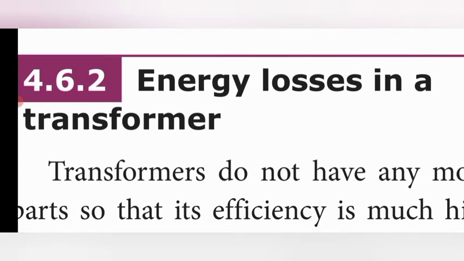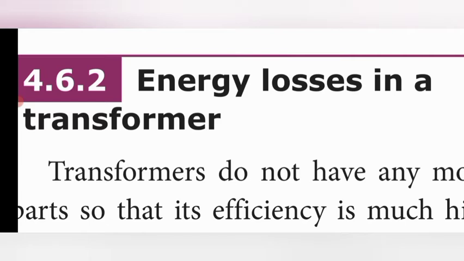We already discussed in the last class what a transformer is, its principle, construction, working, and how it gives the current value also. So this transformer also leads to losses. Those losses are considered as iron loss or core loss, copper loss, flux leakage loss, and also sound loss. And also some extra losses, that is the heating effect, which is also considered a huge loss. So we have to see them one by one.